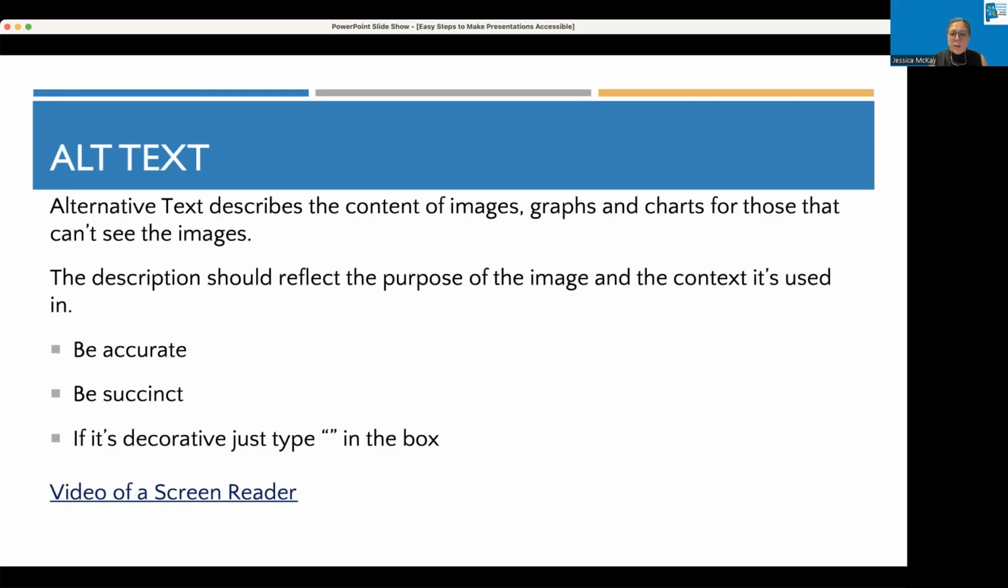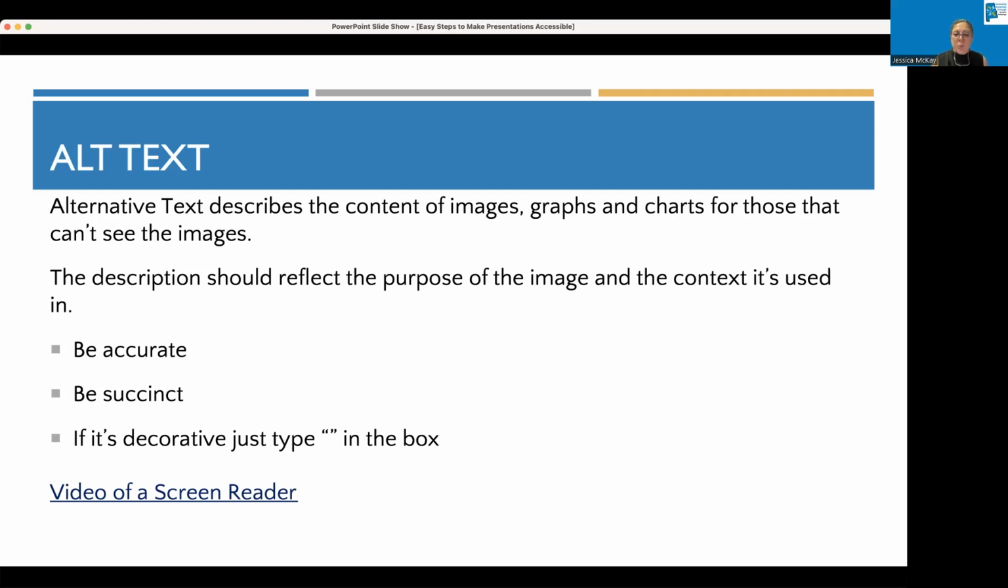Okay, so let's talk about alternative text a little bit more in depth. Again, it describes the content of your images, graphics, and charts for those that can't see the images. It's also useful if you're designing websites, if the images are breaking, if your website's not loading, or people have internet connection issues, they can actually put a setting that'll say, don't load the images. That way the alt text will show up, so at least they know what that image was supposed to be, as opposed to just a little broken image picture.